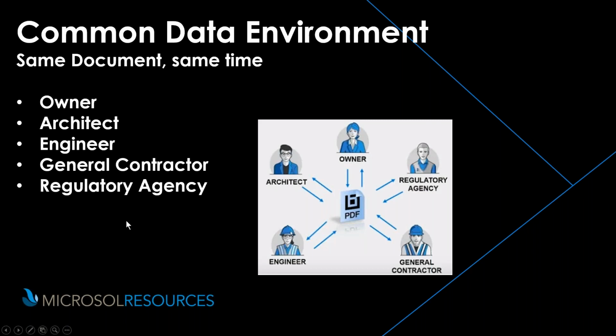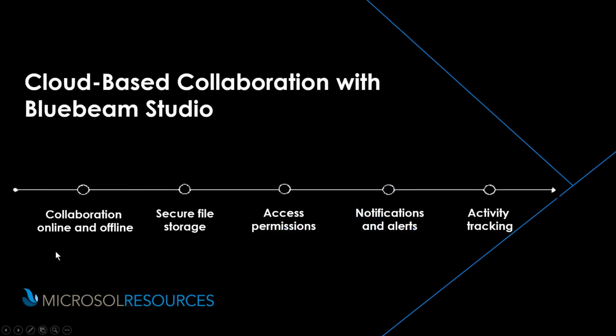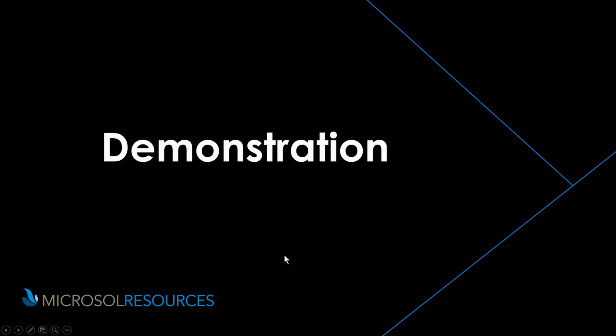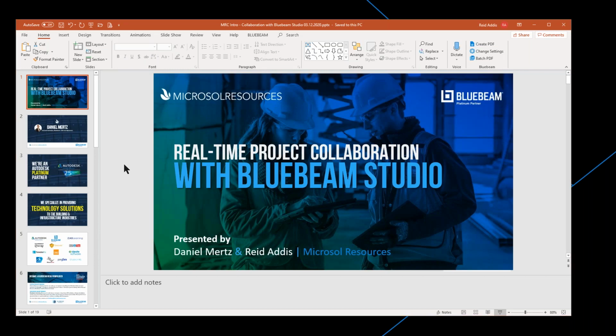The stakeholders can all access files at the same time. Again, you collaborate online, or you can download files and do them offline. You have secure file storage. I can set up access permissions. I'll show you how that works, notifications and alerts, and activity tracking. So with that, let me get into the demonstration of